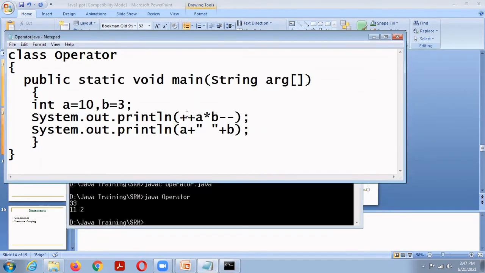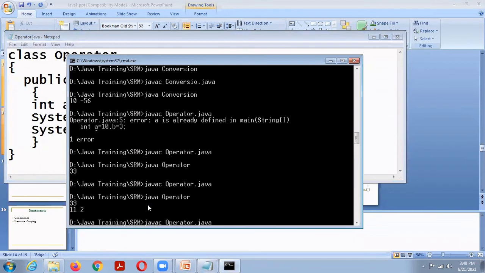Then bitwise operators. Suppose a and b, then a or b. Here I am using the bitwise operators.